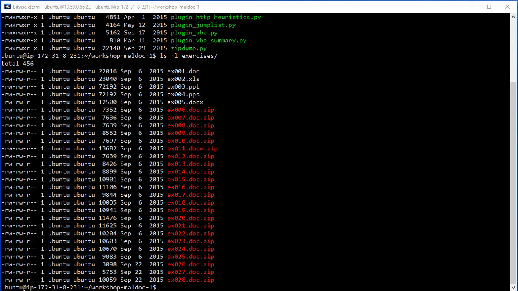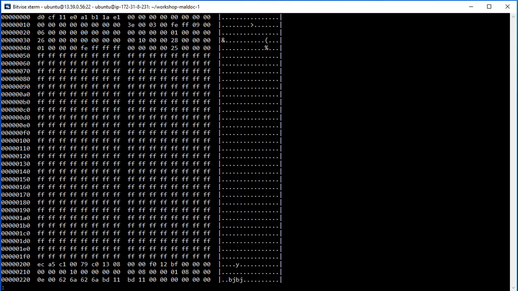So we're going to take a look at the first file. I'm going to run this, and I'm going to push the V option to give me the verbose format, and press enter. If you look at it, I can see right away this is a signature for an Office document, especially the OLE file format document,